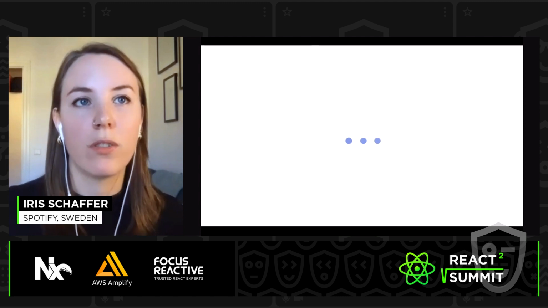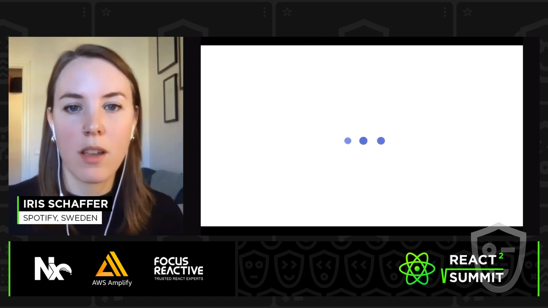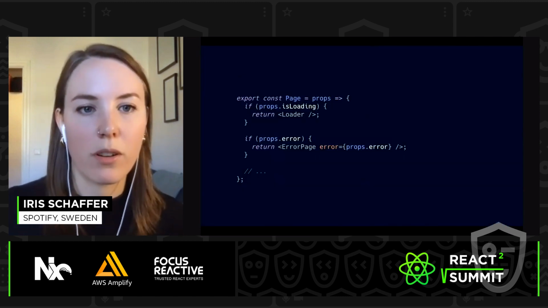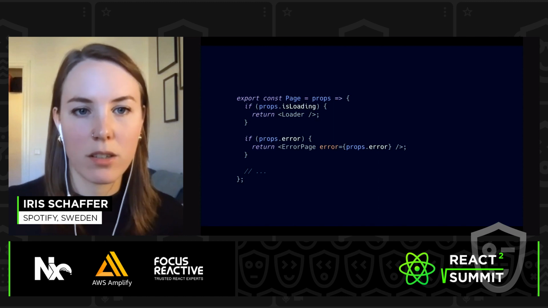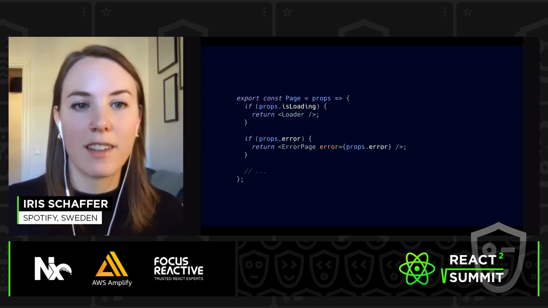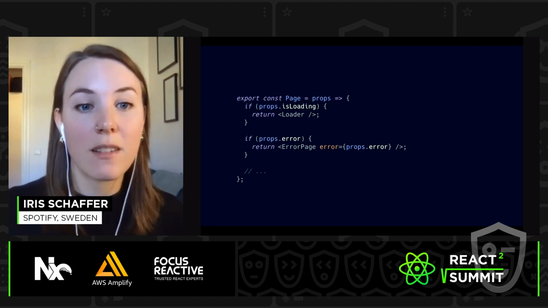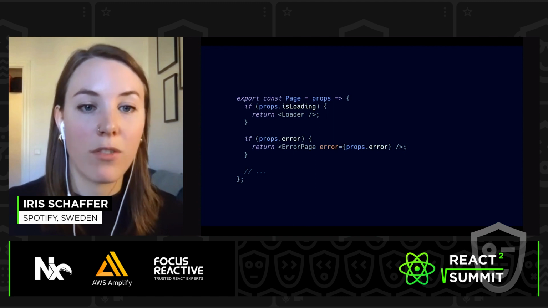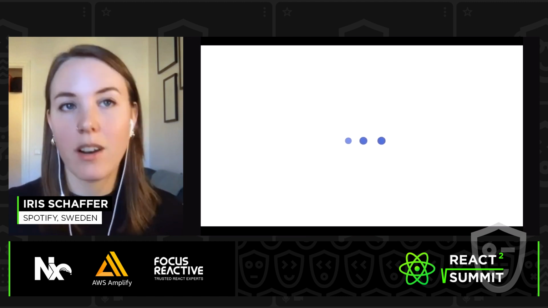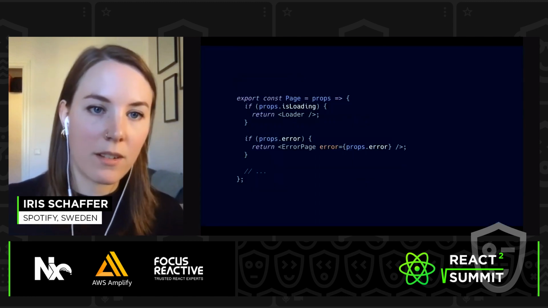So this is what users were seeing on a specific case for some time. And the reason for that is that we have this page component, and the error that we had was occurring inside of the logic that sets the isLoading flag. And because of that, isLoading was never reset, but there was an error on the page. But rather than displaying that error, we just showed this loader forever and ever and ever. Well, how do you test something like that?